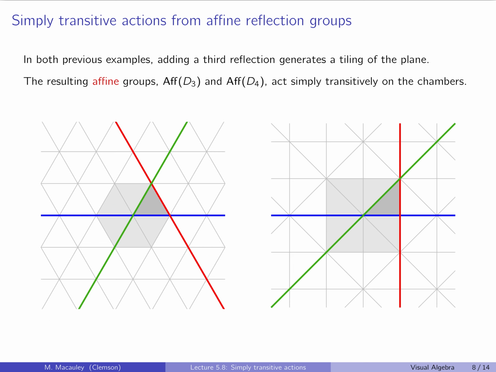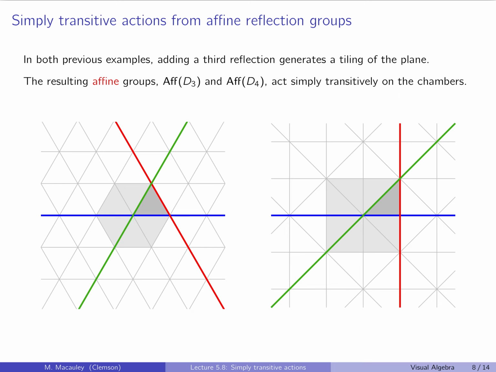Here's a more complete picture for what I just tried to explain. In both previous examples, adding a third reflection generates a tiling of the plane. And we call the resulting group an affine group. This is not the standard notation, but I will use it because I don't want to introduce the whole notation that is typically used in this field, just for these examples. And these groups act simply transitively on the chambers. This is the picture